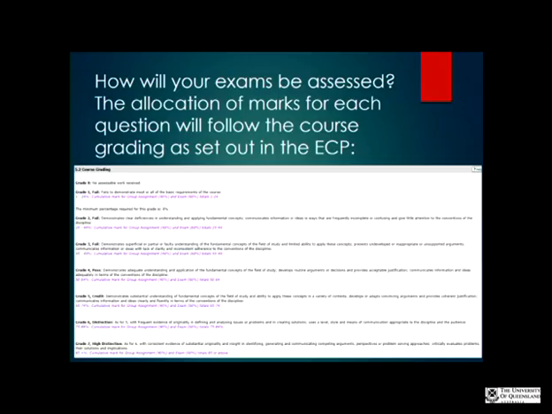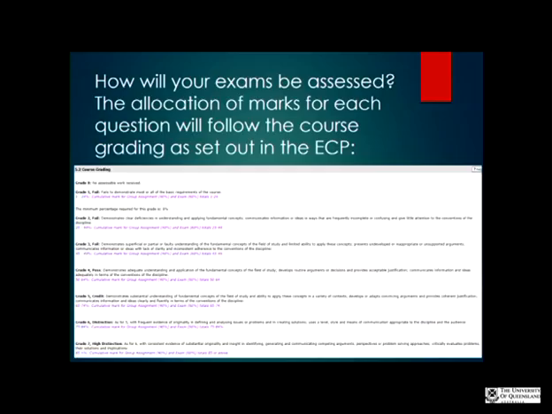Given that you're going to be looking at your past exam papers sometime between now and the tutes next week, I thought it was quite important to show you how your exams are going to be assessed. Because it's an open book exam, we're not testing you on memory. So the correct answer is not going to be a 7, because it's not closed book.